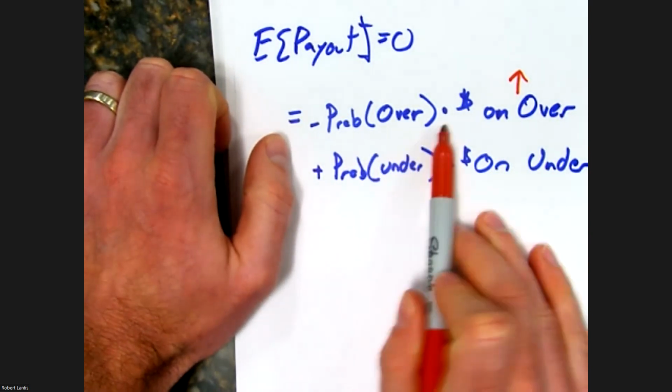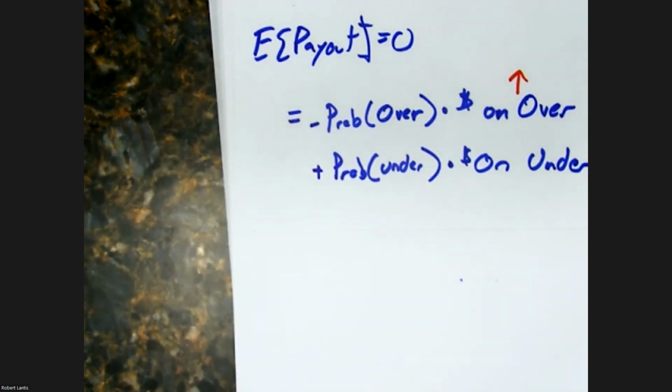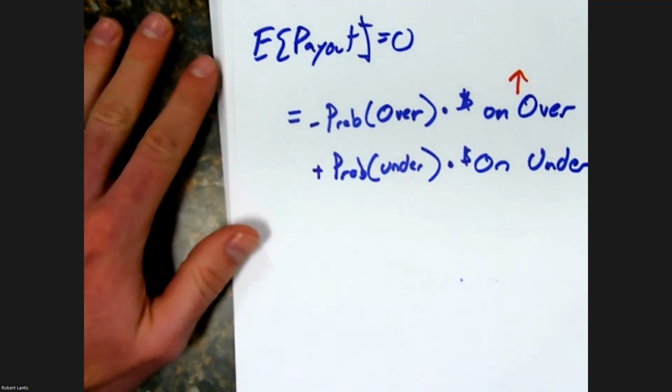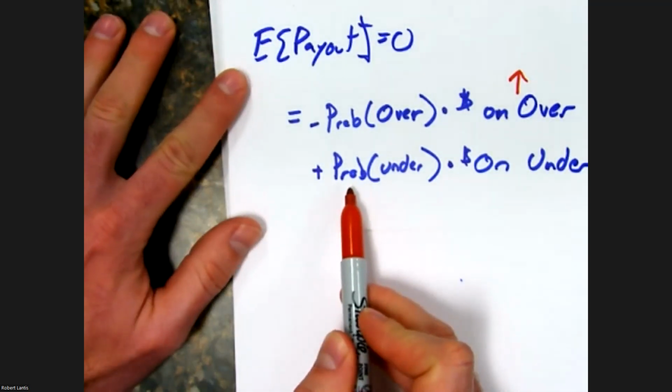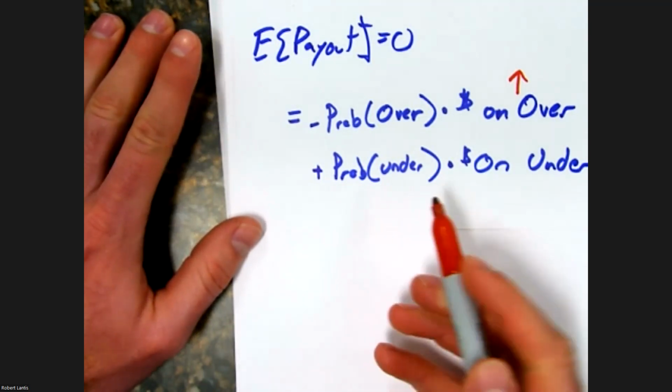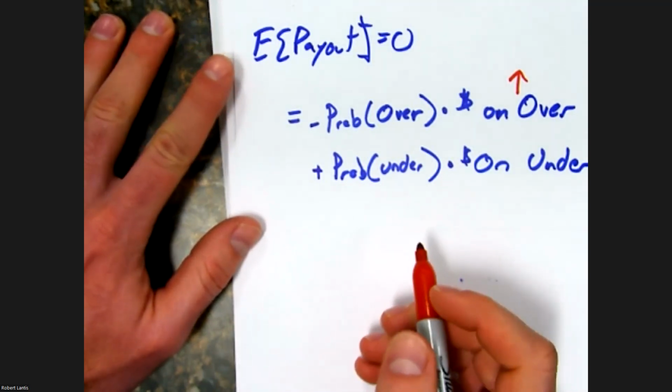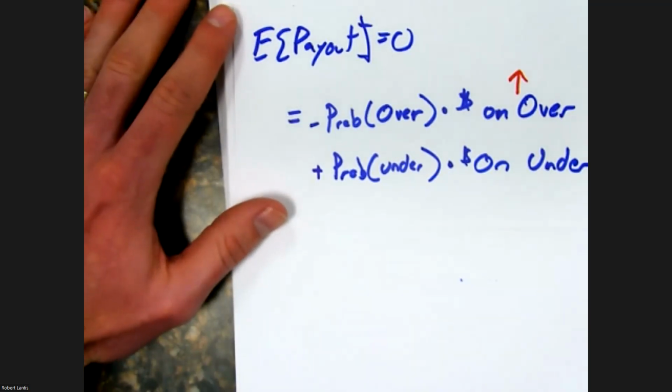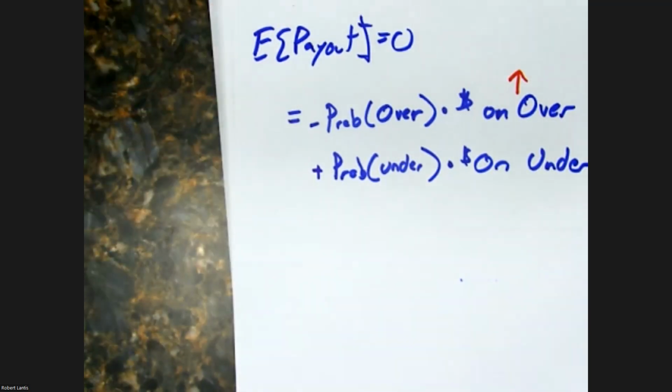I'm going to have a larger negative value than positive value. I'm going to lose money as that sports book. So what can I influence? I can't necessarily influence how people are betting, with the exception that I can start to move these lines, right? So I believe that the probability the over hits is still 50-50. What we're actually thinking about in terms of the expected payoff, initially, is that I'm setting this line to be 50-50.